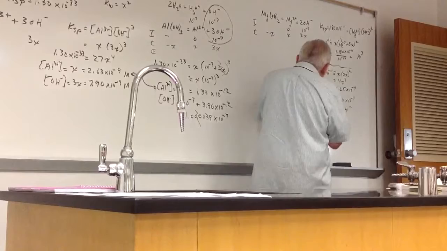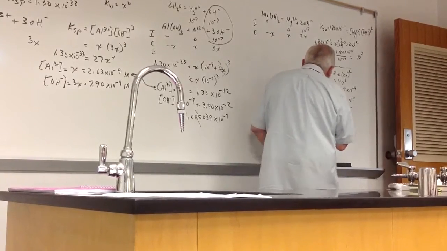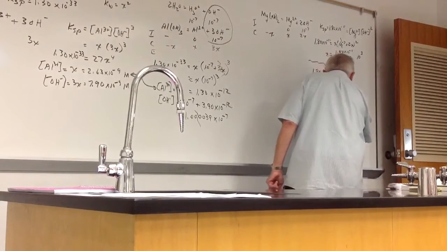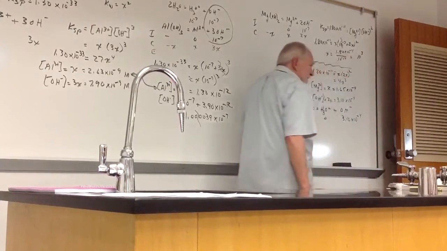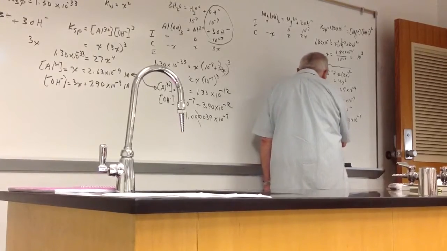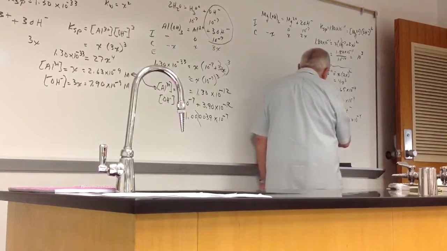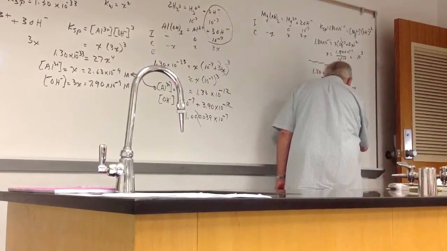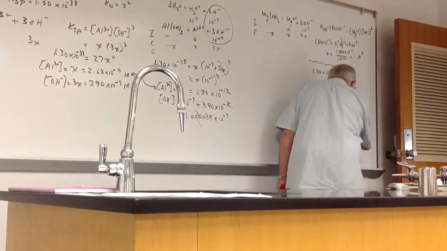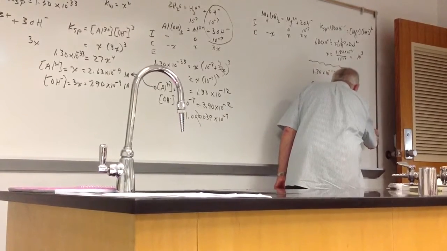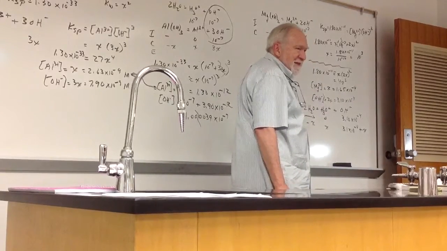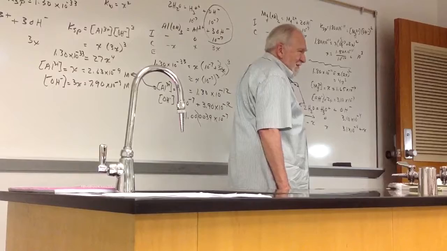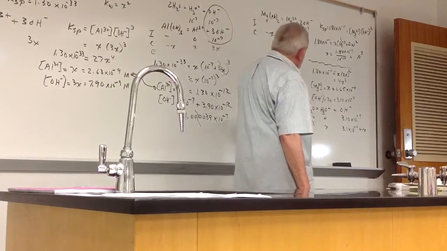Now I'm going to say, I started with this thing. I started with the magnesium hydroxide. This is 0. And the minus 4. Then the water dissociates. This is minus X. This is my I column going across here. This is my C. So this is X. I just shortened it up so I can get it here. Plus X. So I'm doing the same sort of thing I did before, except this